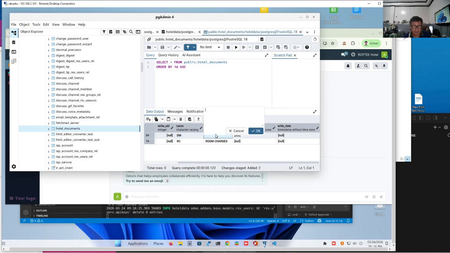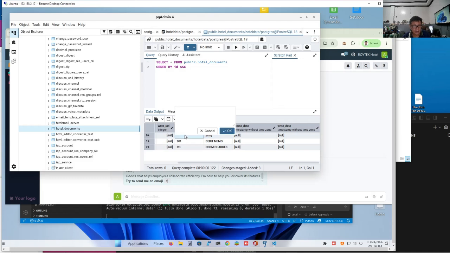This is our debit memo. We have to add another, CM for our credit memo. And then the next one is GRC, for guest registration card.